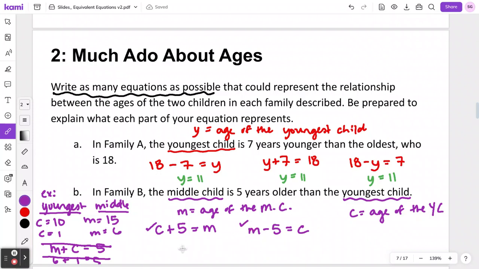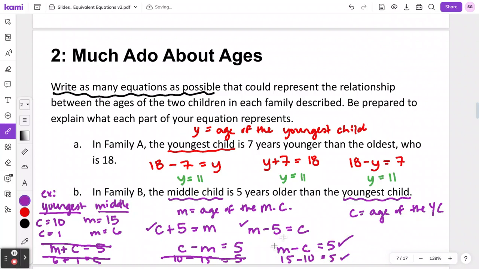For example, if I said C minus M should be 5, I think if we substitute those numbers into the equation again, I'm going to use 10 and 15. It would say 10 minus 15. You might be tempted to say that's 5, but that's negative 5, so that is not right. However, if I switch it around, M minus C equals 5, M could be 15, C could be 10, and yep, that's correct,